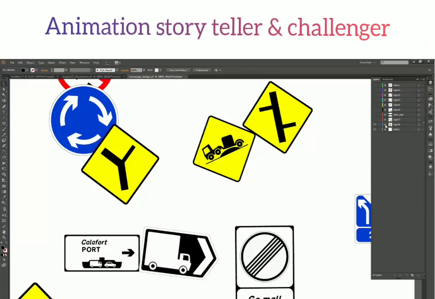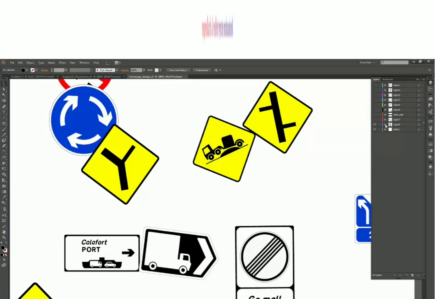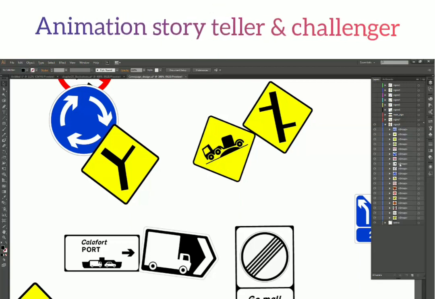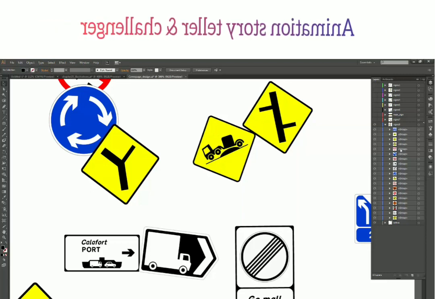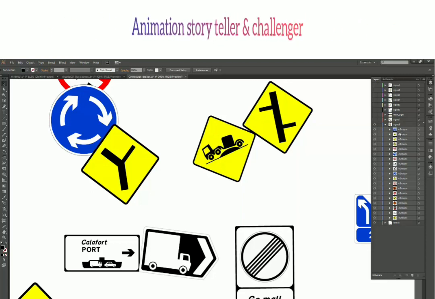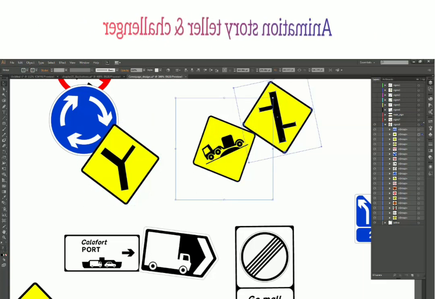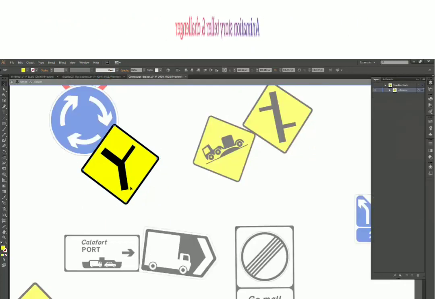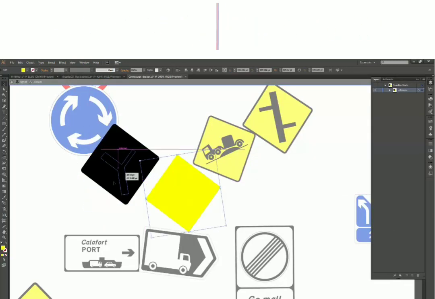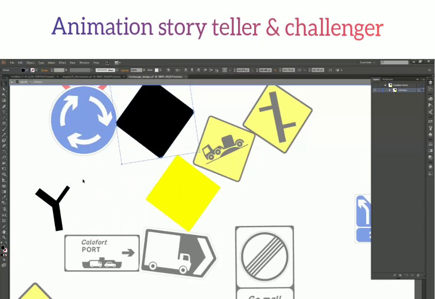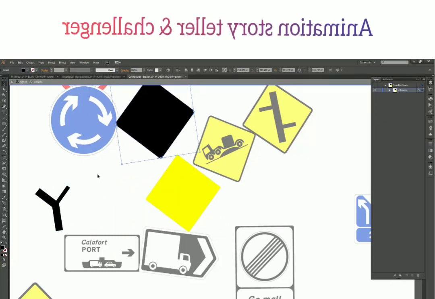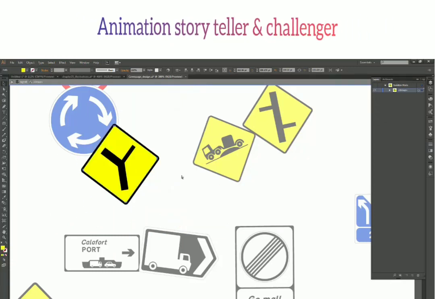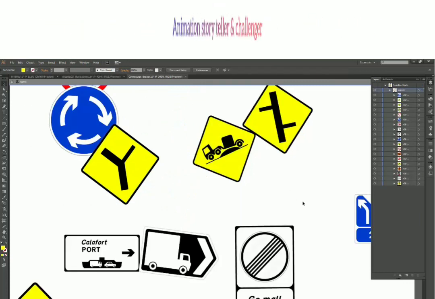The arrow icon, this right pointing arrow, just the tip of the arrow, what does it do? When you click on this arrow, it opens the layer, and now it is showing all the groups which are present inside the layer. These are all the signs I have grouped together. So I can double click and go inside any of these groups, and now I have the ability to change or move the shapes of this group. And I'm just going to undo it right now and go back to our artwork.